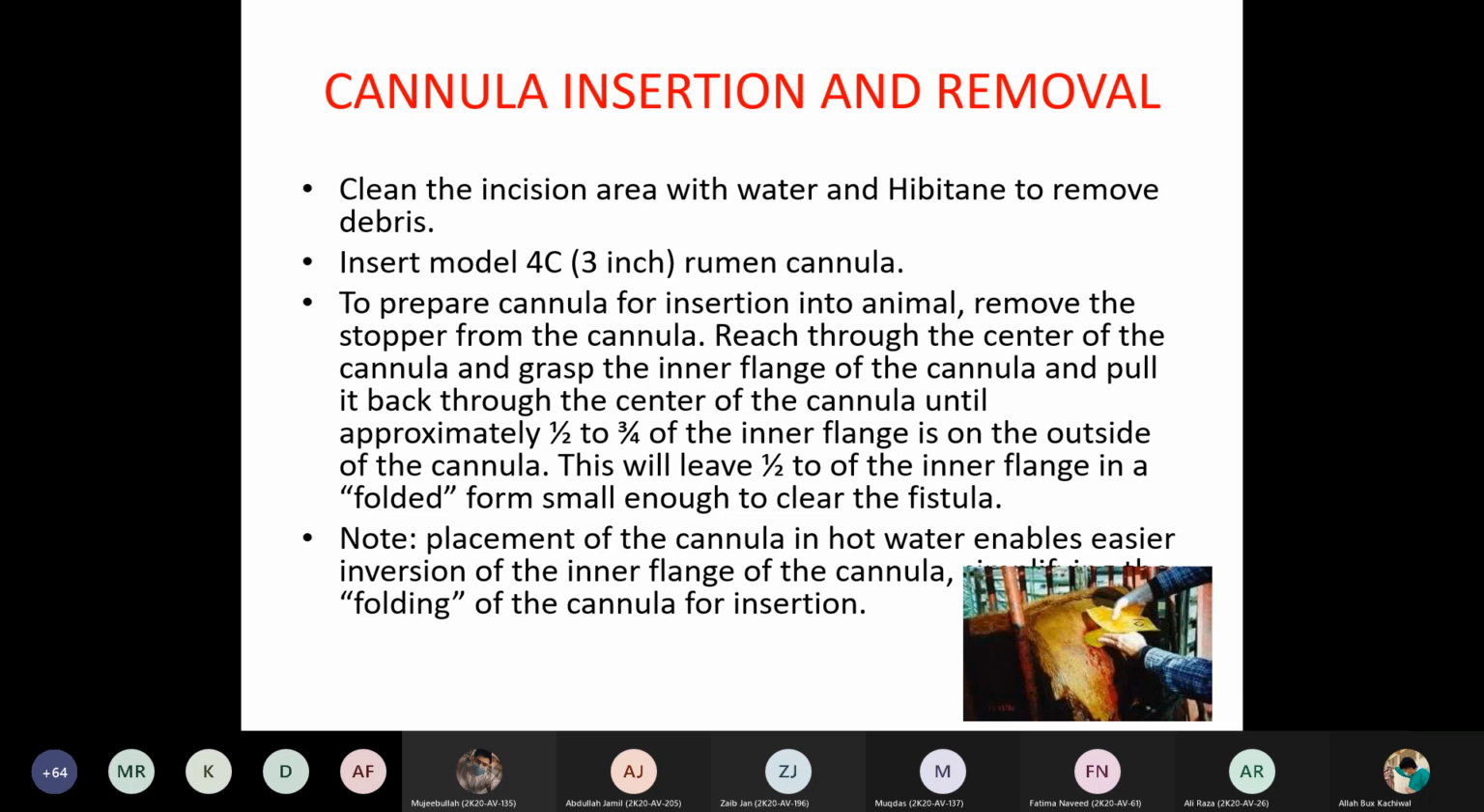Placement of the cannula in hot water enables easier inversion of the inner flange of the cannula and folding of the cannula for insertion. So this is very easy. If you put this cannula into hot water, then this plastic material will be easier to fold and insert into the incision area. So the flange has to be inserted into the incision site so that it must cross the rumen incision, and then it may be fixed with